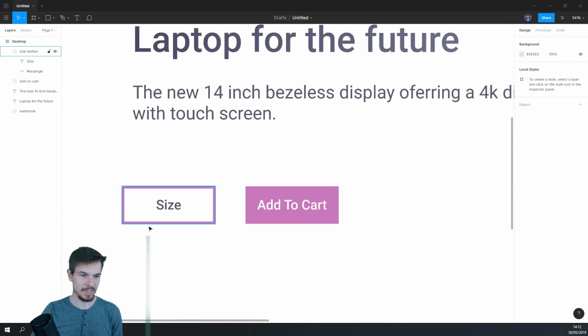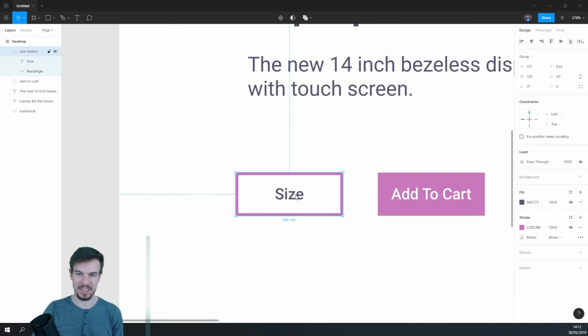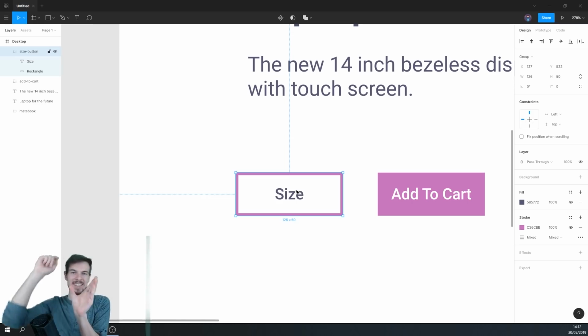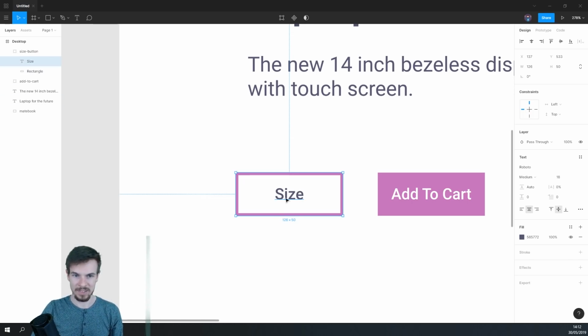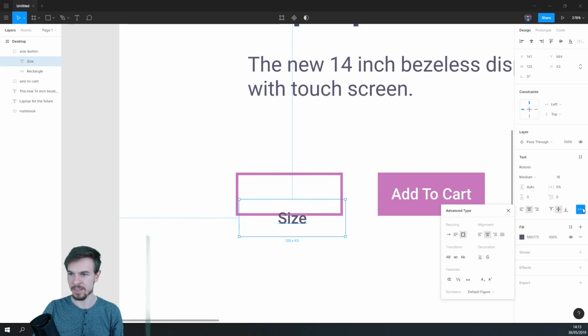All right, so we have size, but I actually wanna have another thing here. I wanna have kind of an arrow that makes you able to select the colors. So I'm gonna double click on this text, or just get this text and make it smaller. And you can also resize it if you go here to these 3 dots, and you can click this resize. And as you can see, it's gonna resize it. And now it's the size of the